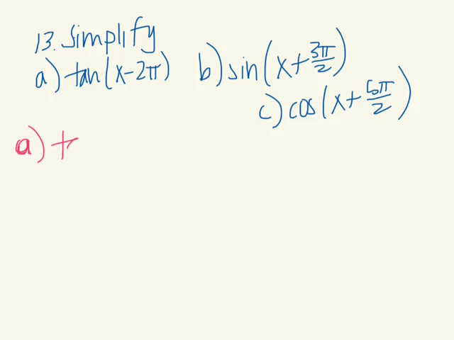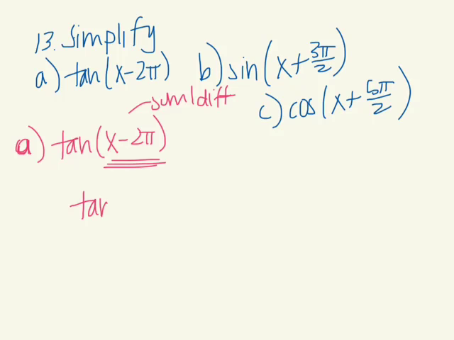So it just says simplify, and it says tan of x minus 2 pi. When you look at that, you should just think one thing. You have tangent of x minus an angle. Anytime you have anything added or subtracted inside the parentheses after any of your trig functions, you should automatically think that you're going to use the sum and difference formulas, just based on whichever one you have. So in this case, since we're doing tan of x minus 2 pi, we're going to use the tangent sum